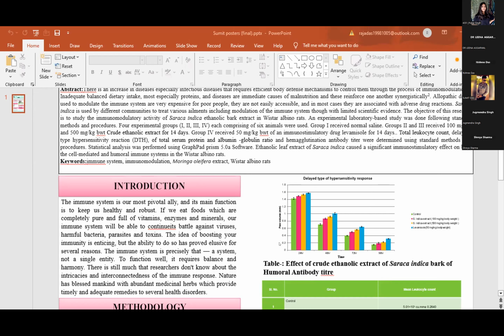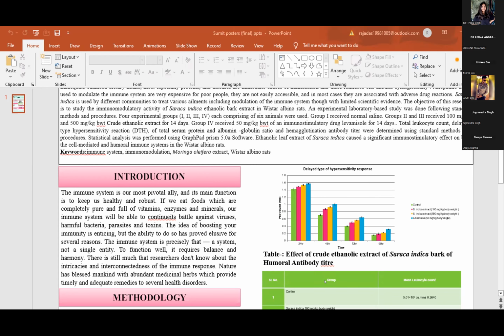The idea of boosting our immunity is exciting, but the ability to do so has proved elusive. The immune system is precisely that, a system, not a single entity. To function well, it requires balance and harmony. There is still much that researchers don't know about the interaction